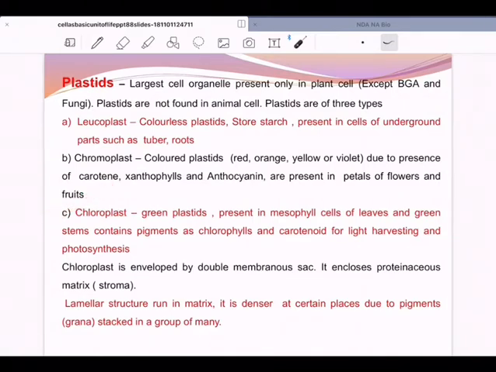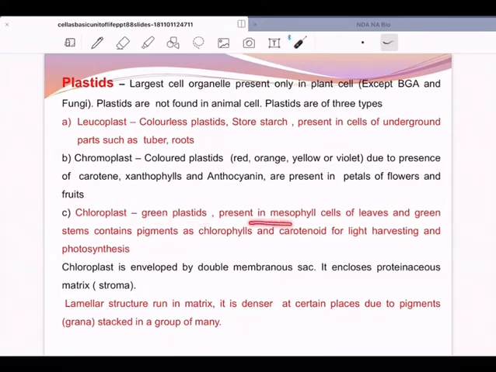I'll start off with the one that you are very familiar with, chloroplast. Green plastids, their color is green. Having green color, they help in photosynthesis. And why do they have green color? The green color of chloroplast is because of the presence of a pigment called chlorophyll. And chlorophyll is characteristically green in color. So the green colored pigment called chlorophyll is present in chloroplast, and that is the reason why we call them